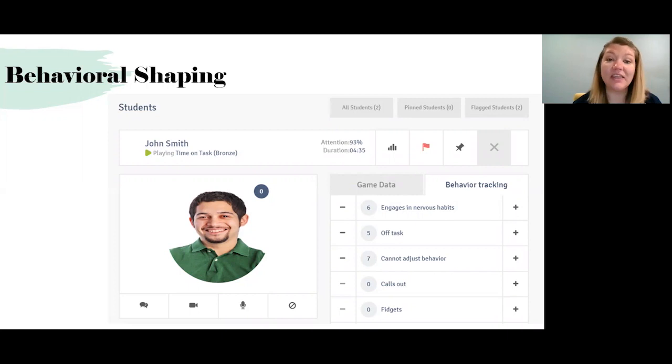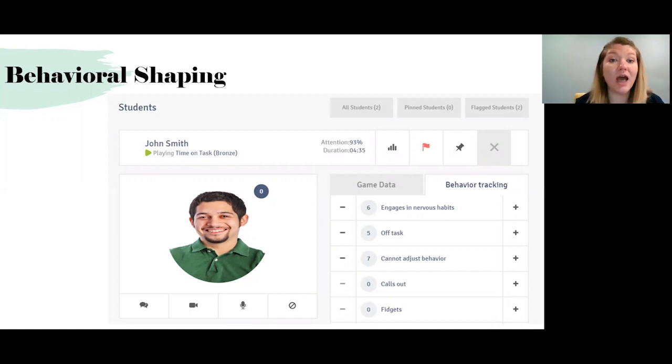And basically at the end of that game, Sheer Genius, the artificial intelligence built into the software, is going to pop up and it's going to say, were there any self-distracting behaviors? And then you can enter that. And then what is going to happen is Play Attention is going to start to set goals around those, because we're starting to help them understand that one-to-one correlation of when they do that behavior, all of a sudden they're getting that immediate feedback that they're no longer focused, they're no longer paying attention. And that's really going to help them build that self-regulation.